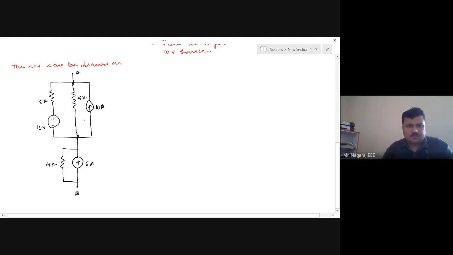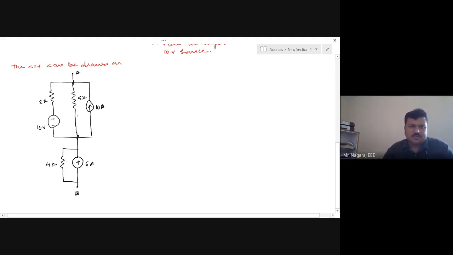So my attempt should be in such a way that the upper circuit should be a voltage source, lower circuit should also be a voltage source. Don't blindly jump into converting the current source to voltage and voltage source to current without knowing what exactly we want. So in source transformation, one thing we should remember, that after transformation, what sources we get in the next step. Whether those sources will add complexity or reduce the complexity, we should be observing.